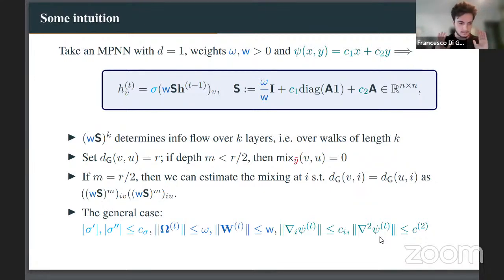And let's also be clear, in most MPNNs like GCN or GIN or SAGE, the message function psi itself is actually linear. So these constants here will be basically all zeros but one. That would be one. So everything will be simple in many common cases, but we're trying to keep things general here. So the first result is